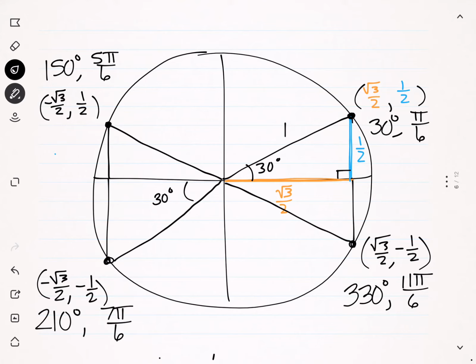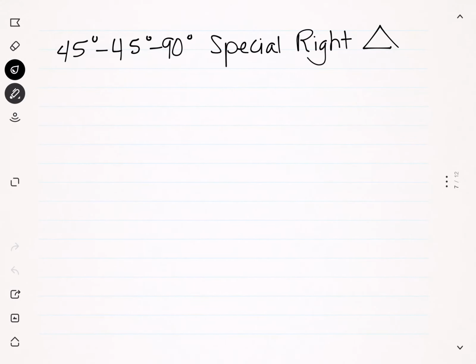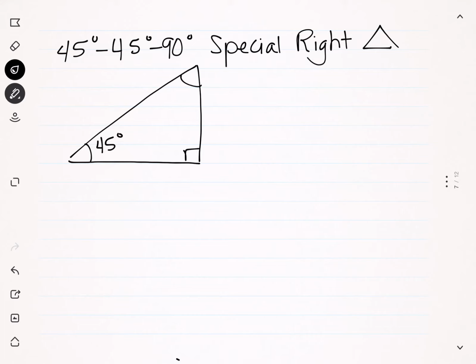So those are what we call the 30-degree reference angles on the unit circle. So now we're going to talk about the special angle 45 degrees, and we're going to review the 45, 45, 90 special right triangle theorem from geometry. So for a 45, 45, 90 right triangle, we know that if there are two of the same angles, then